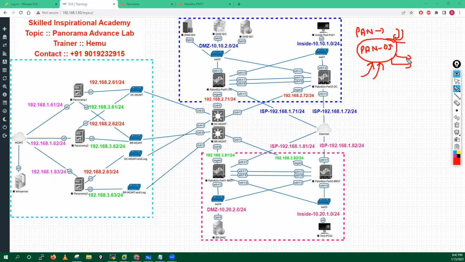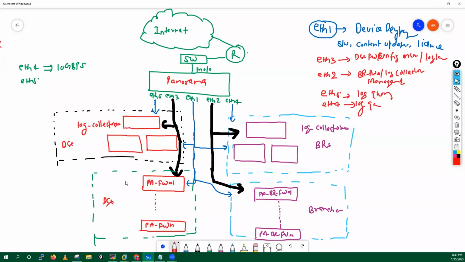Hey, Hemu, can you please go back to the previous slide, the one which has multiple interfaces? This one? Yeah. So here, the question is, why would a branch have too many firewalls, and why would the data centers also have too many firewalls?